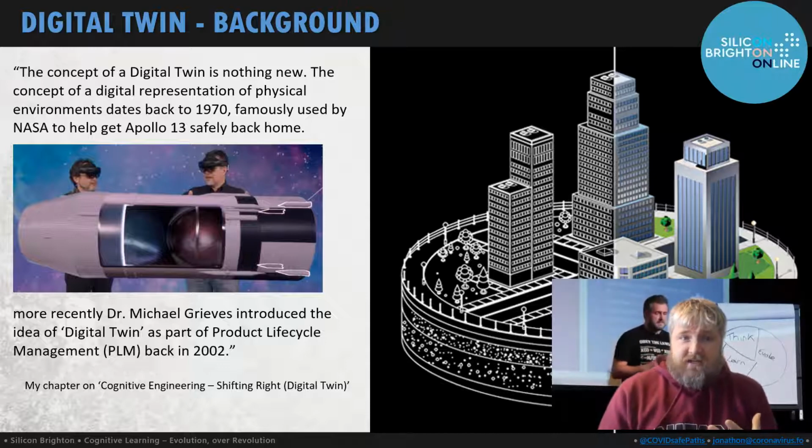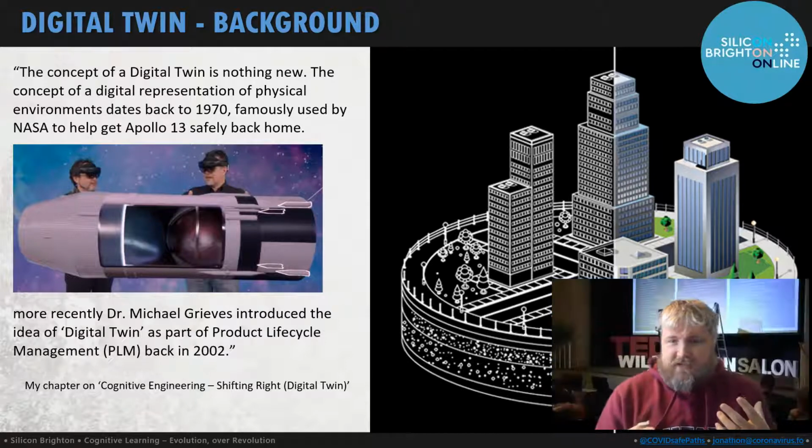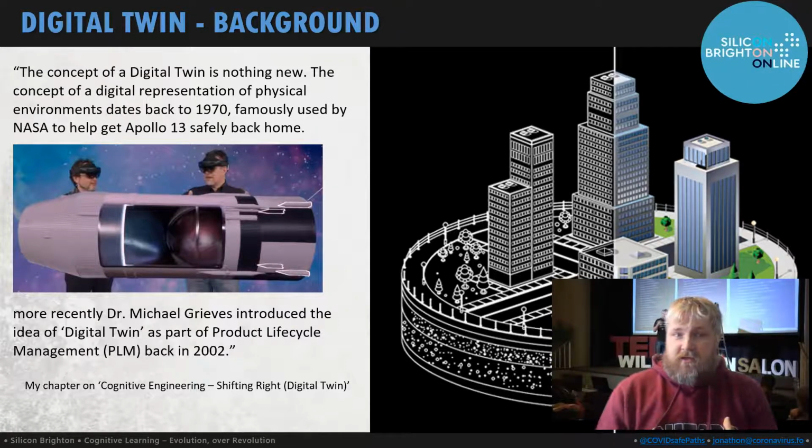So what they did, and I know they're not using the HoloLens technology in the photo you see, but they built a replica of the Apollo 13, but also a digital copy of it, so they could simulate the real scenario,